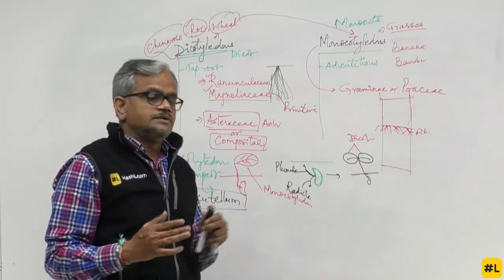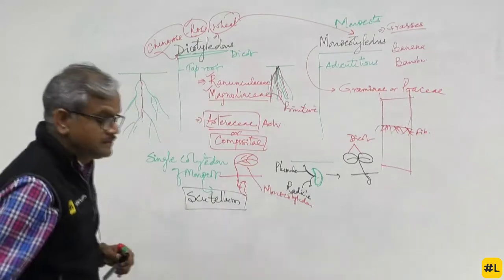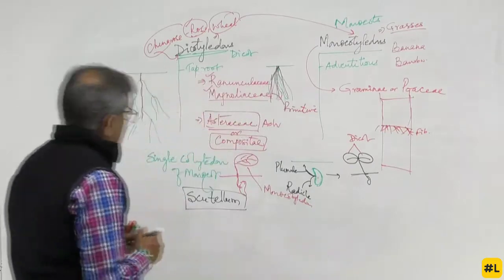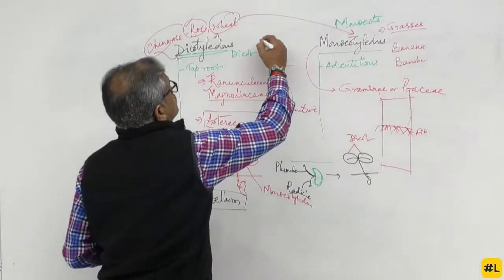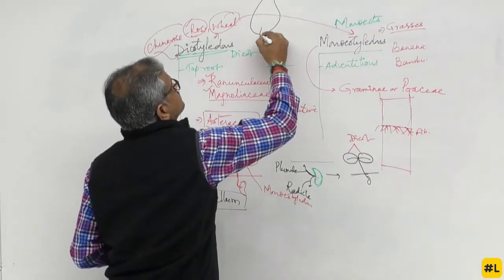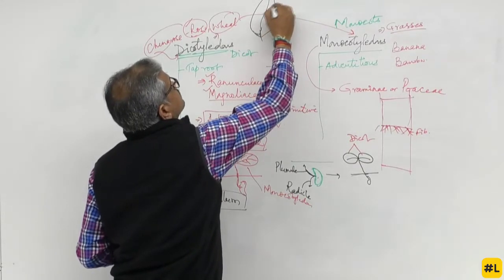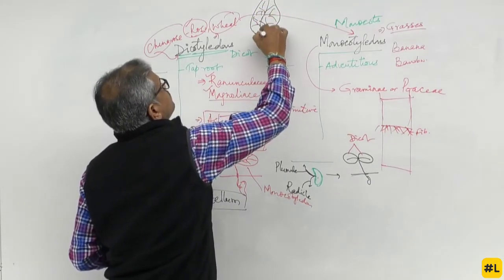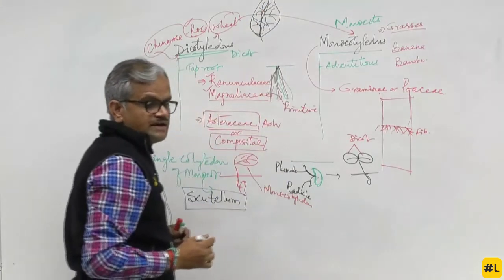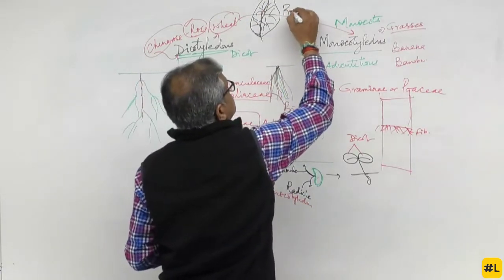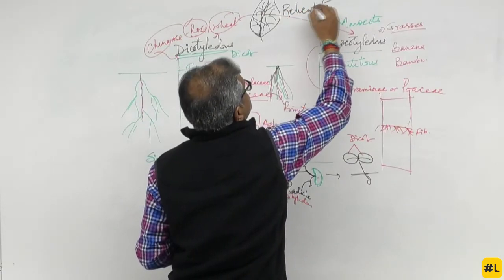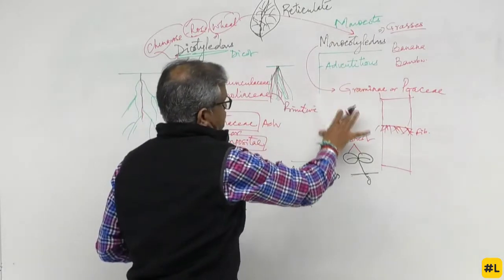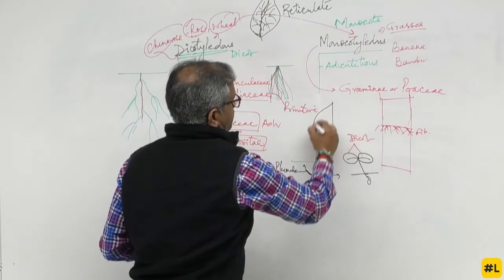Now, from here, let me come back again. Okay, sir, what are the other differences of dicots and monocots? If you see a dicot, you might see a leaf. Let me try to make it. You might see a vein system having a network, very peculiar. This is called as reticulate venation. The network is not precise, not clear. Whereas when you see a monocot, like if you might have seen a banana leaf,